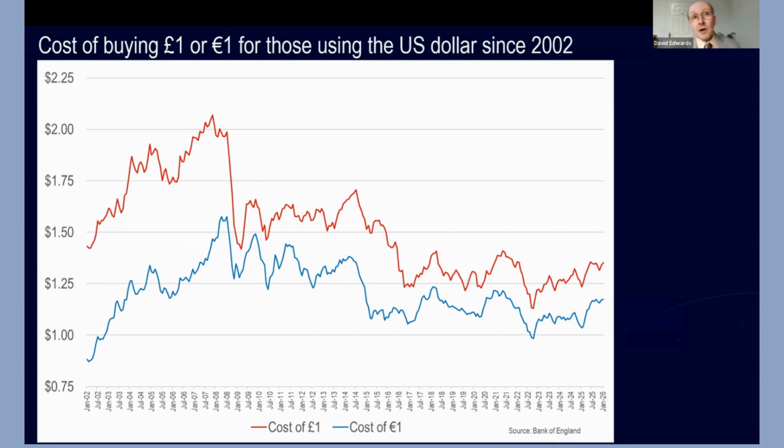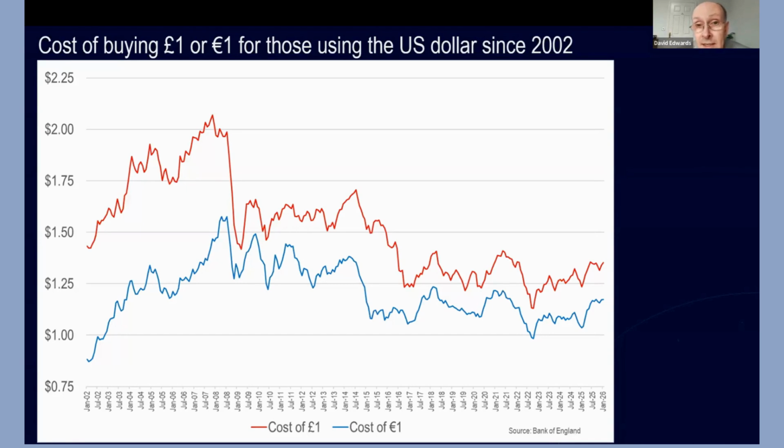One of the impacts on how much folks spend when they're traveling abroad is what's been happening to the exchange rate. So let's look at the cost of buying either £1 sterling or a euro for those using the US dollar over the past 24 or so years. So if the lines are going downwards, it means it's getting cheaper for Americans, and conversely, if it's going up, it's getting more expensive.